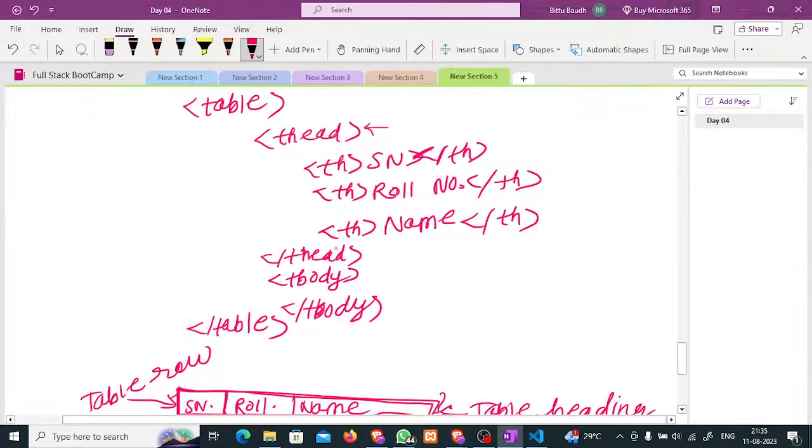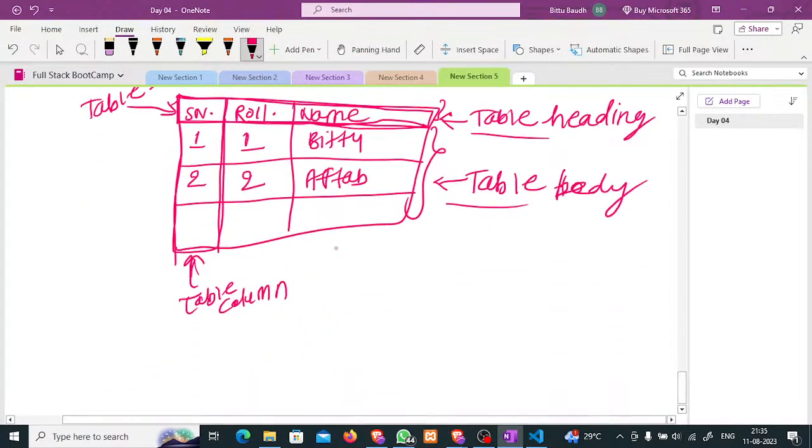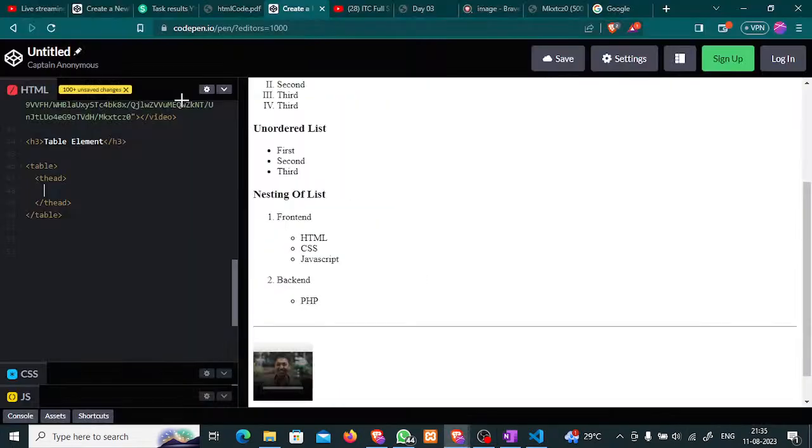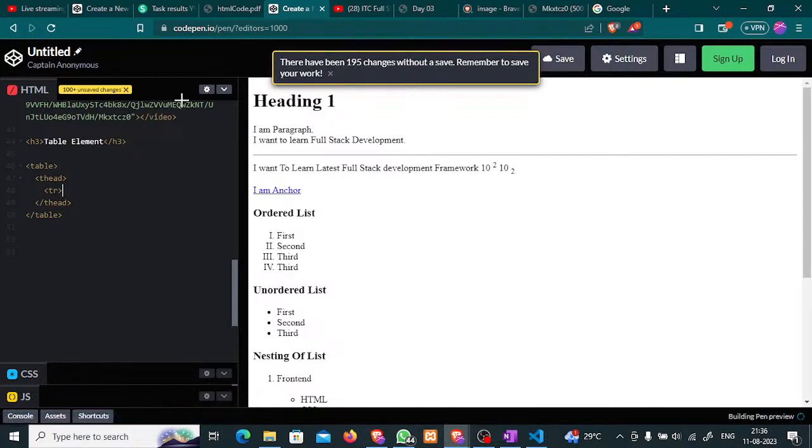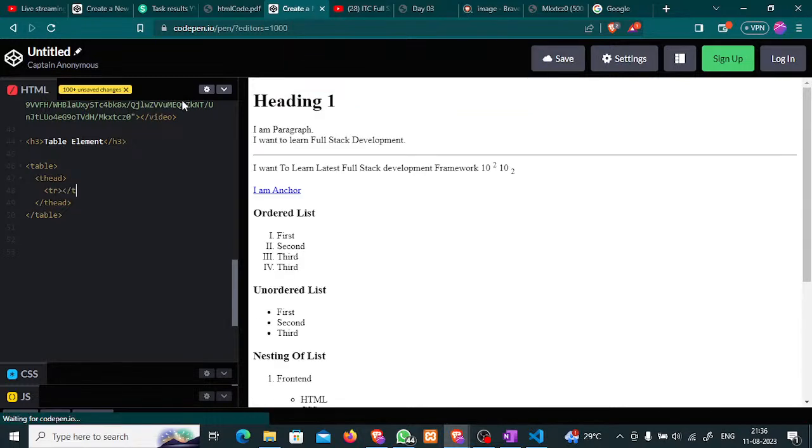Firstly, this heading would be in a row, obviously. So firstly I have to write the table row tag. Firstly I have to create a row, and then inside the row I have to add the heading. So to create a row, I will write the tag for table row, which is tr, and then I'll close it,